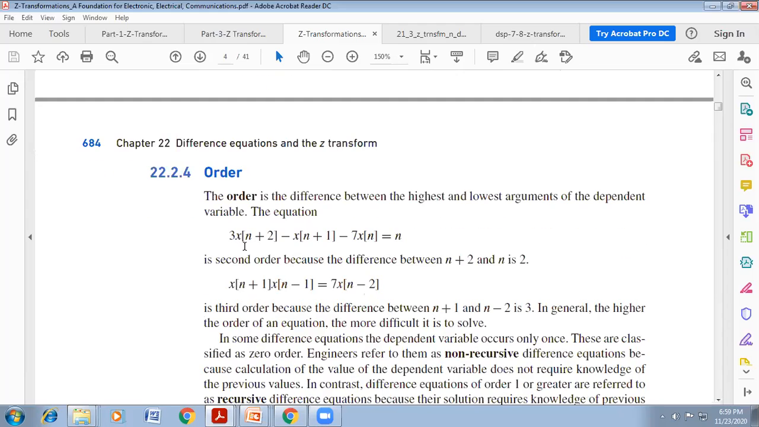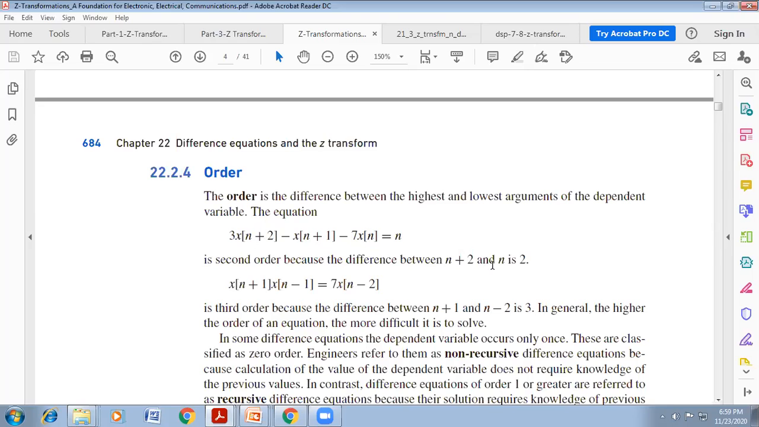Suppose the equation is 3x(n+2) − x(n+1) − 7x_n = n. This is second order, because there is a highest argument of the dependent variable. Argument means input. Inputs means argument. Argument means independent variable. Remember it. So the highest independent variable is n plus 2, and the lowest is